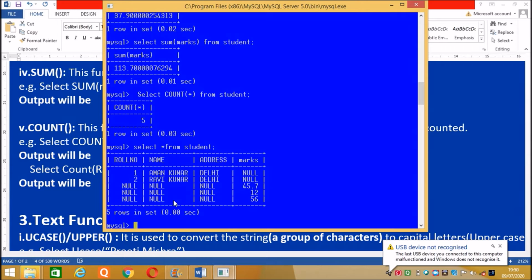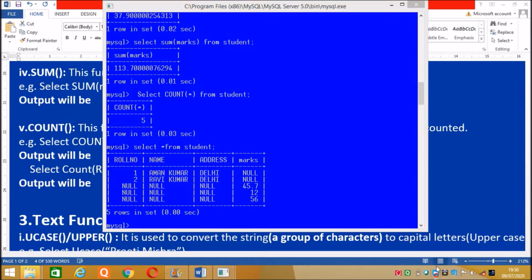So now you can see here SELECT asterisk FROM student. There are a total of 5 records. So why is this null counted? Because marks are also given, but if it were also null, then it would not show you the 5.